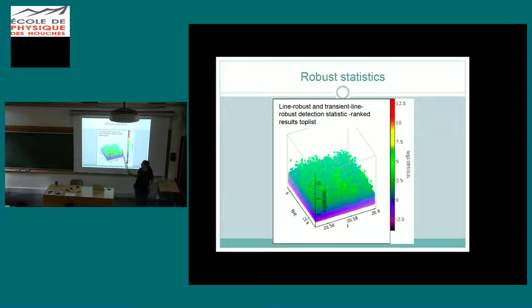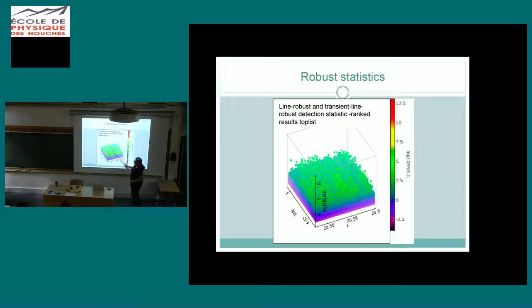So we understand here that what was causing the problem was not just a line. It was a line that was only in one detector and only for a short period of time. And a specific statistic that is designed to catch those types of disturbances and suppress them returns a top list that now has